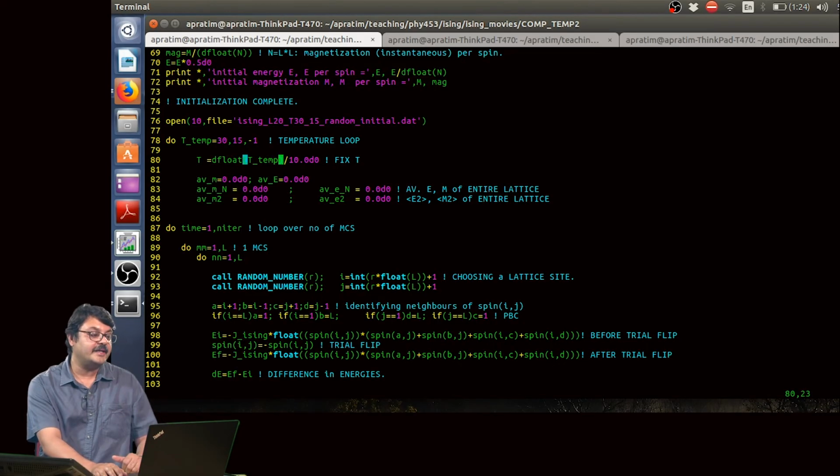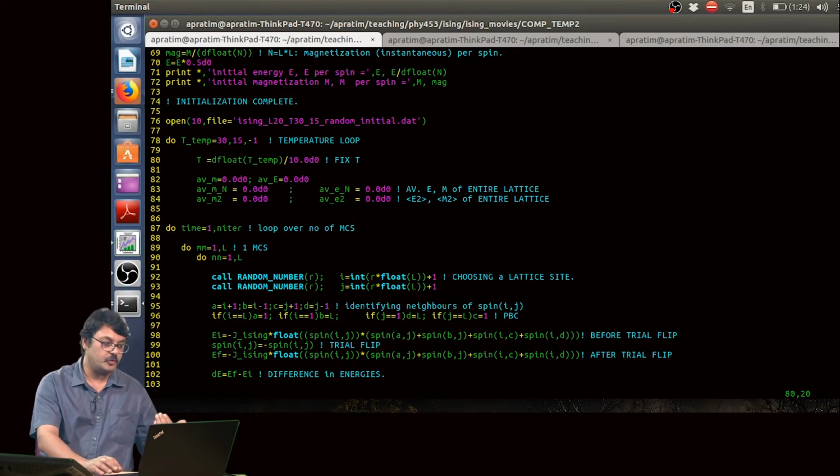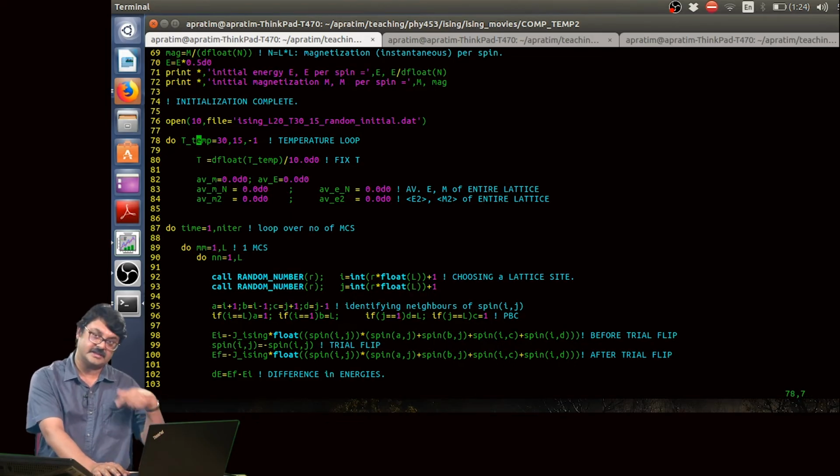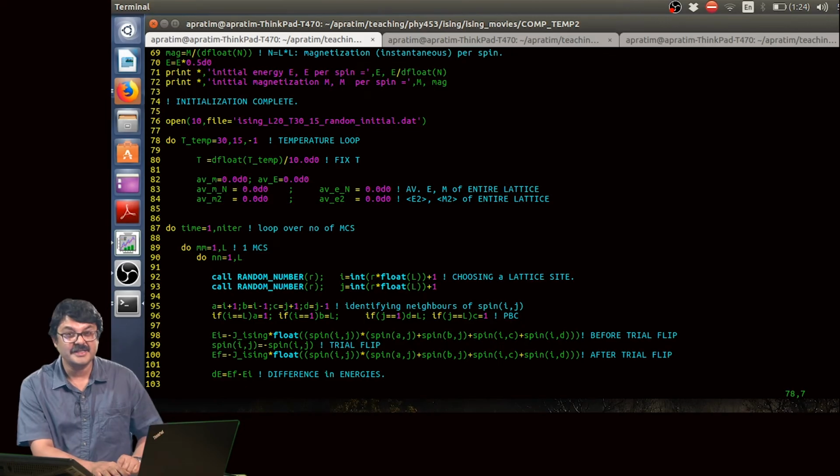Then when you divide it by 10, you get values of T to be 2.9, 2.8, 2.7, 2.6 and so on. So the temperature will vary from 3 to 1.5. I have to keep this quantity an integer. These quantities I have already defined at the beginning of the code.